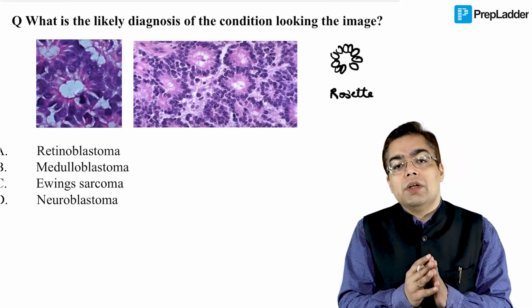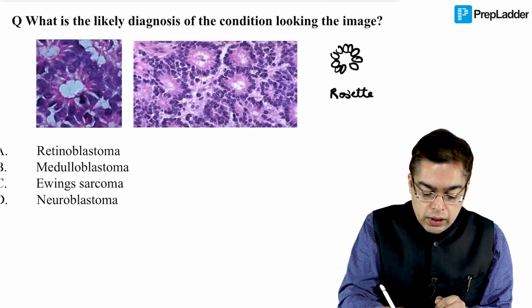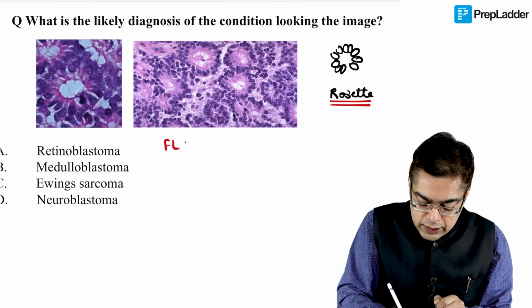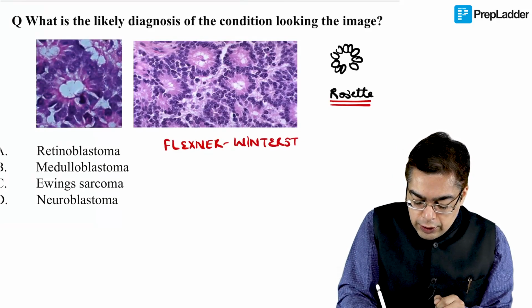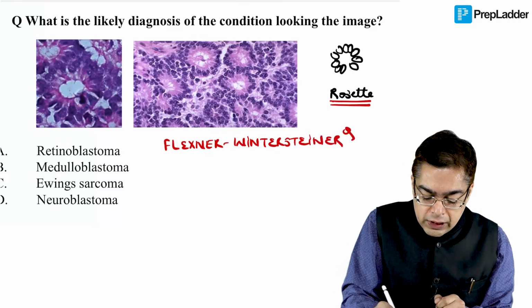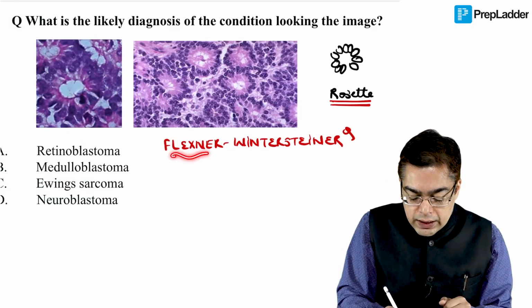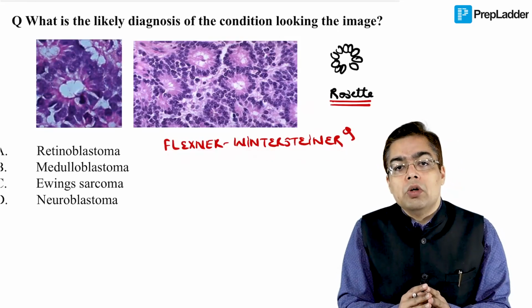The difference that you need to understand, as we talked about with respect to retinoblastoma in the videos as well, is that the kind of rosette that we have in case of retinoblastoma is being given a special name. It is given the name of Flexner-Wintersteiner rosettes. Why do we need to talk about the Flexner-Wintersteiner rosettes now from the perspective of an image-based question? Fact number 1, please remember, this is an example of a true rosette.